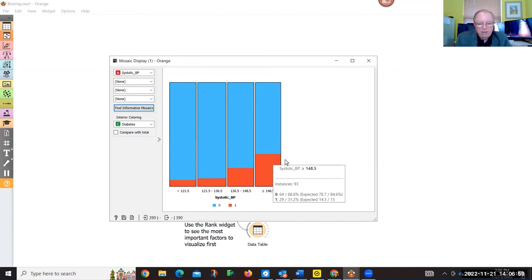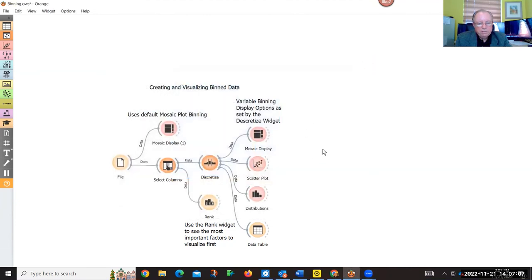So that's the advantage of a mosaic plot. Now, say I don't want to use the defaults of the mosaic plot, which just shows me 4 slices of bread, 4 widths of equal frequency. I want to pick my own equal frequency number of slices of bread on the mosaic plot. So to do that, you would